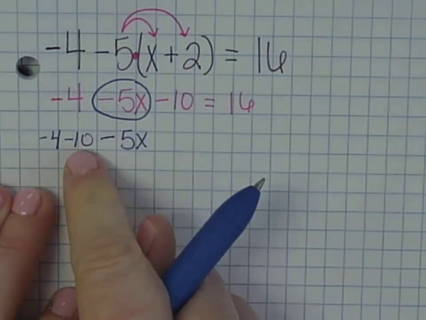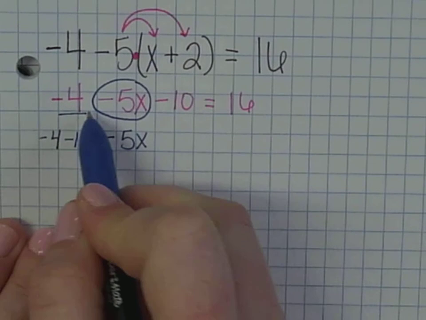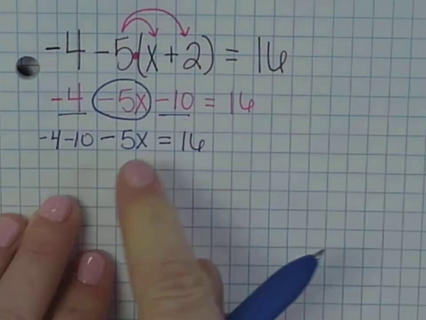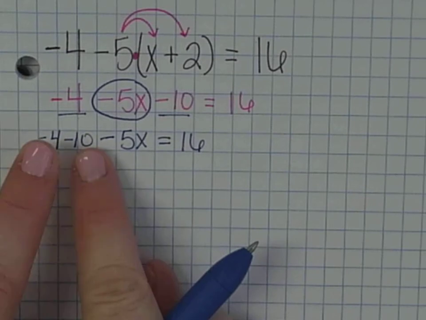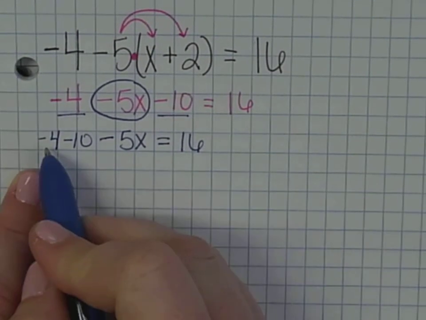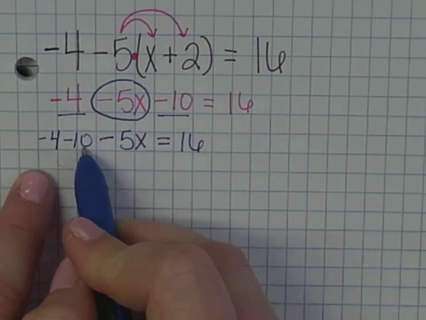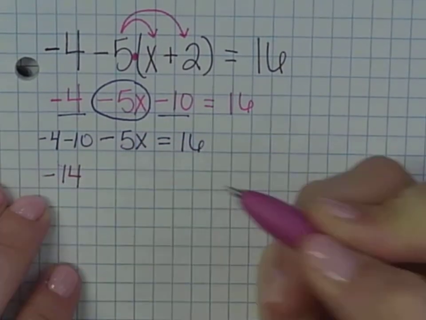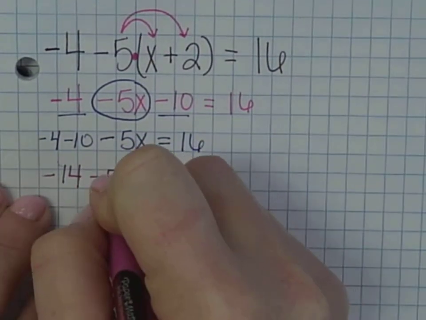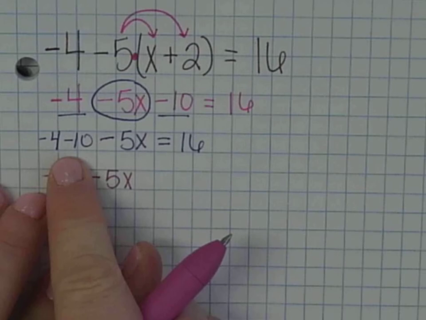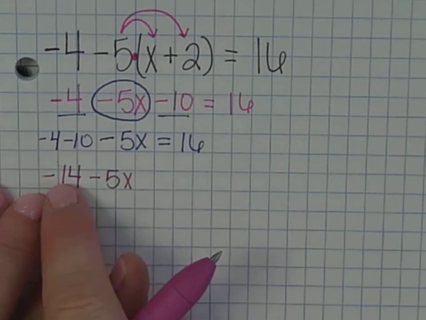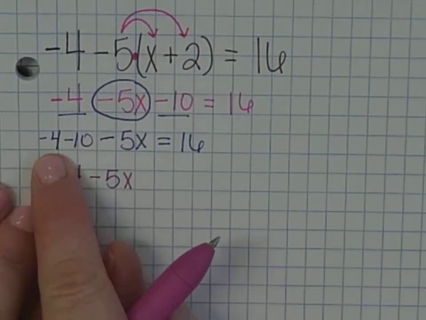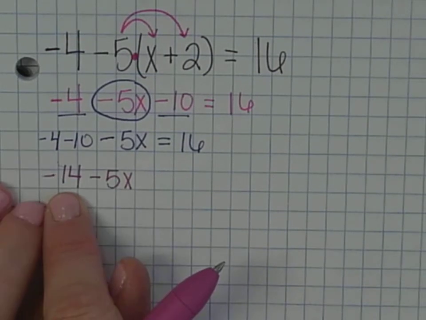Some people it might help to write it in this order. Some of you guys can just look at those numbers and be able to see it. But you can't always write it in order so that they're right next to each other. So if I owe you 4 and I owe you 10, then I actually owe you $14, minus 5x. And notice that's not multiplication, so it's not a negative times a negative equals a positive. It's subtraction, so it's like moving on a number line. So if I owe you 4 and I owe you 10 more, then I owe you 14